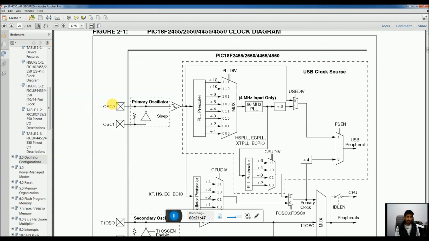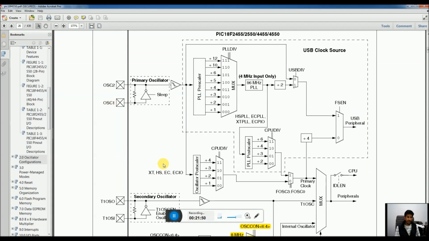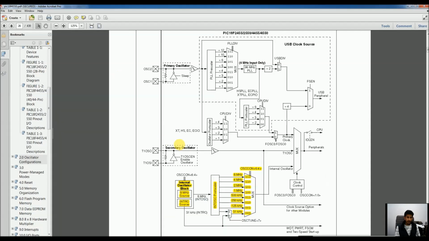Let's go to the clock diagram of PIC18 microcontroller. So here we have an internal oscillator block, we have an 8 MHz internal source that can be used as the master clock for the IC.